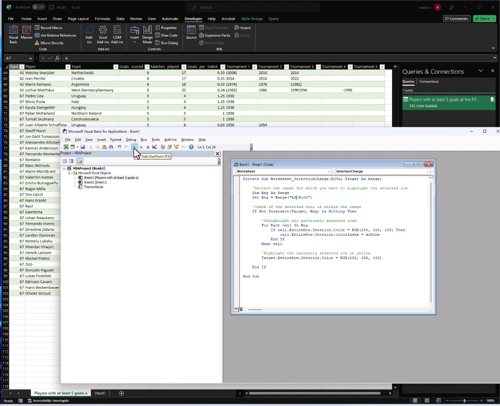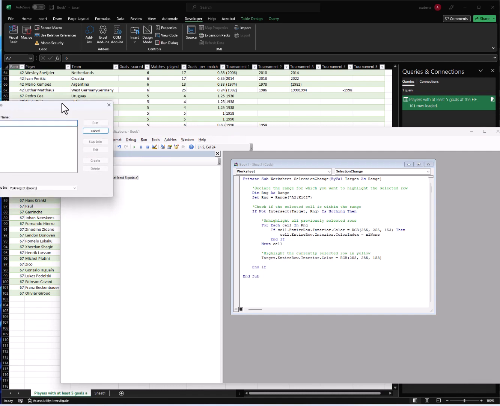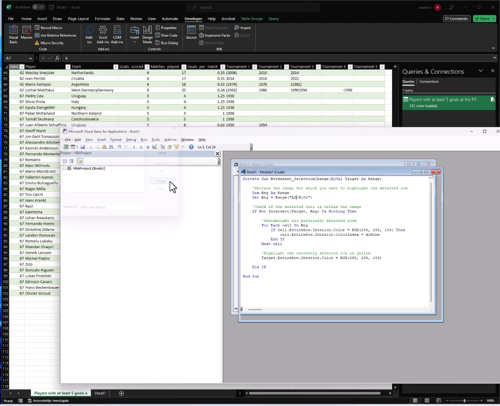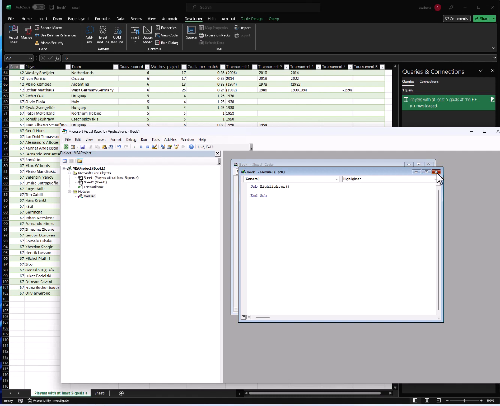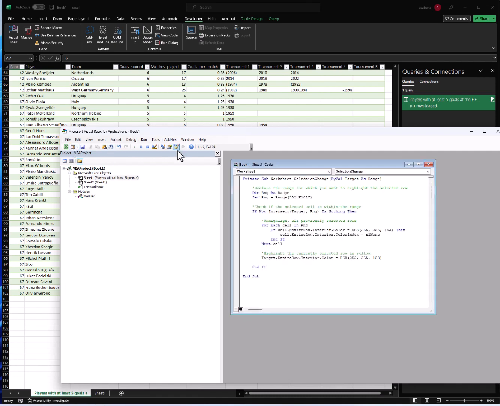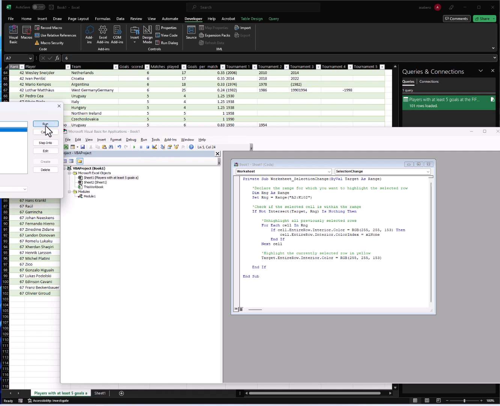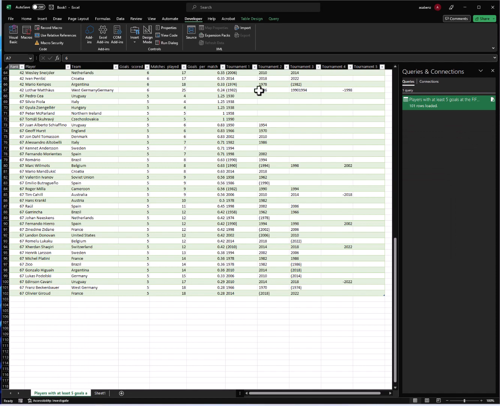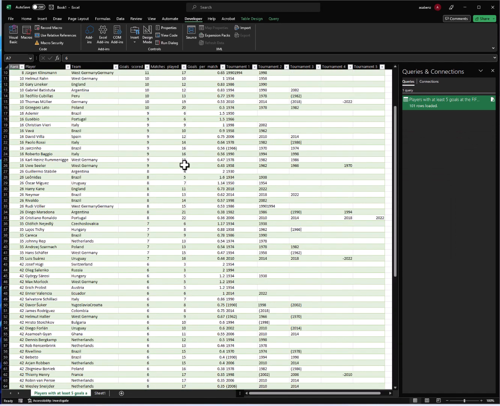I'll just click the run or the play button, and then I need to name the macro, right? So I'm just going to call it highlighter. Create, and then I'm done with it. So I'm just going to play it and then ask it to run. So I'm just going to minimize that, and I'm going to start